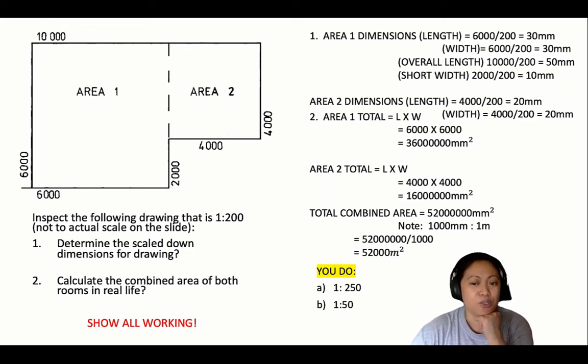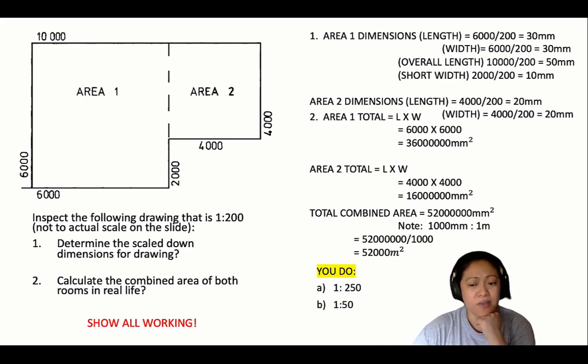Then we do the total for area 1. So that is length times width. Area 1, length times width is 6,000 by 6,000. So that ends up being 36 million millimeters squared. But do we work at that sort of figure? That's something that we're going to show you later. So area 2, again, length times width, 4,000 by 4,000, we got 16 million millimeters squared. So therefore, the combined total area, if we add those two, 36 million plus 16 million equals 52 million,